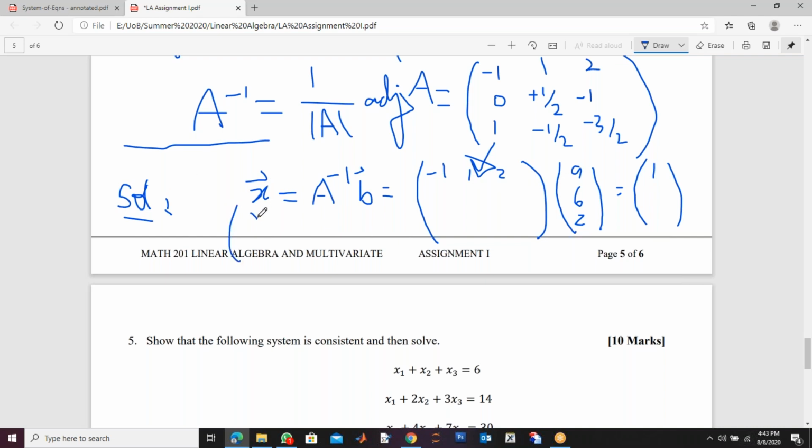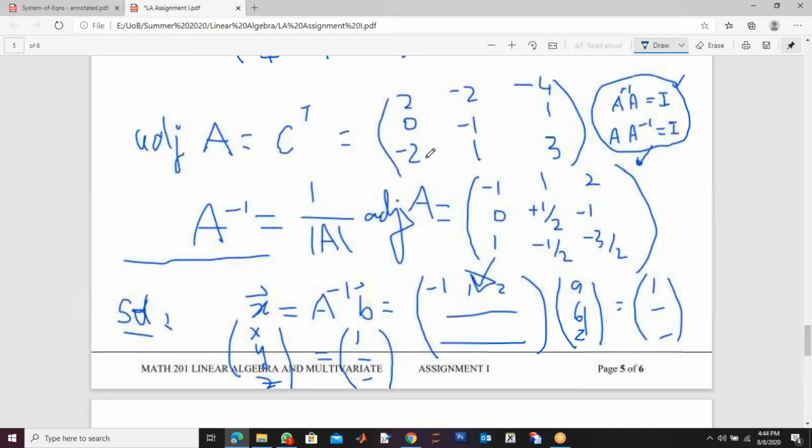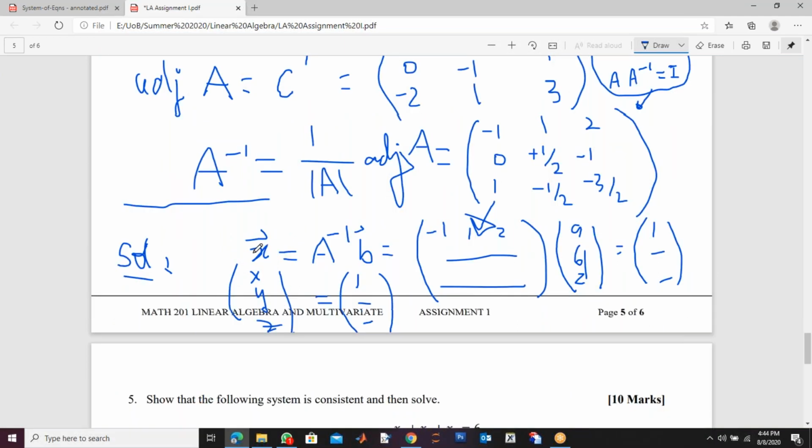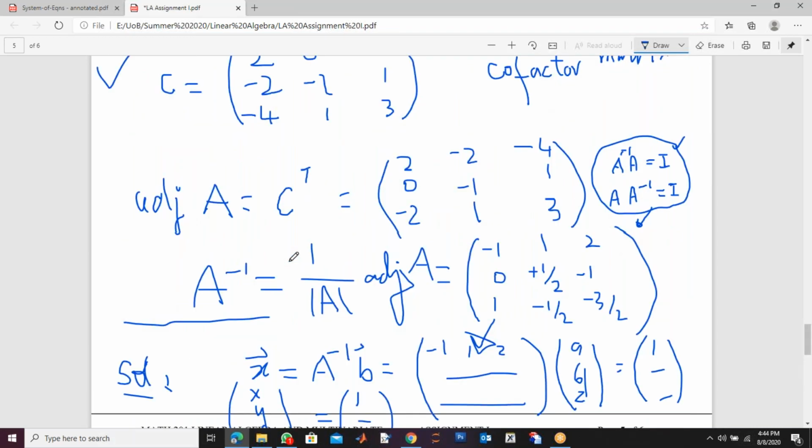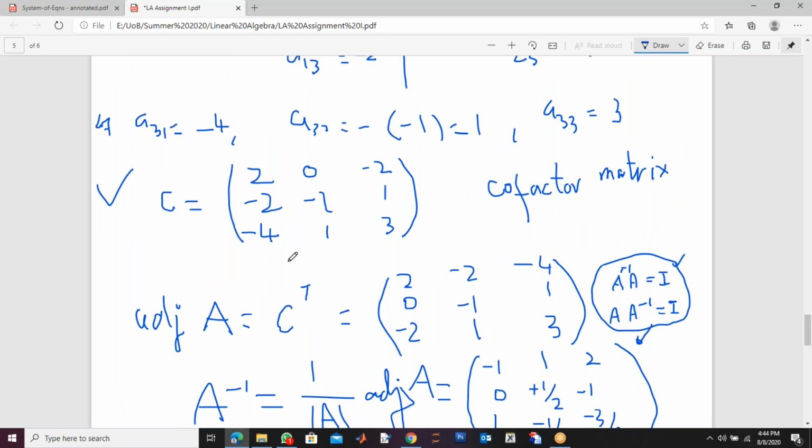So this is the value of X, because what is your X? X is X Y Z, right? So if you get X Y Z equal to the right hand side, I got 1 here, so it means X is equal to 1. The second row with this column will give you Y here, and the third row with the third column will give you Z here, right? So that is your solution. So after getting the inverse, finding the solution is not a problem, because we know that your final solution is just A inverse times B. Is that clear? How to use inverse to solve the system? This is called the inverse method of solving the system.